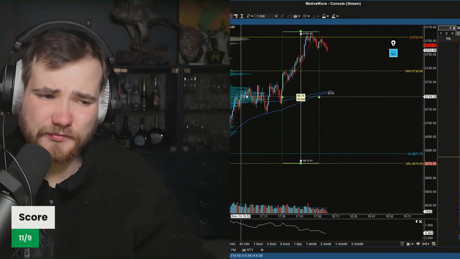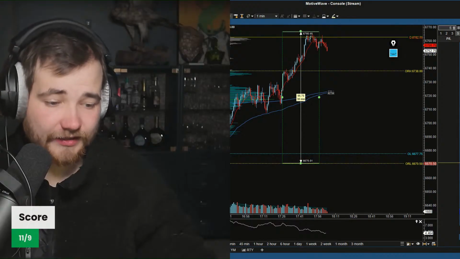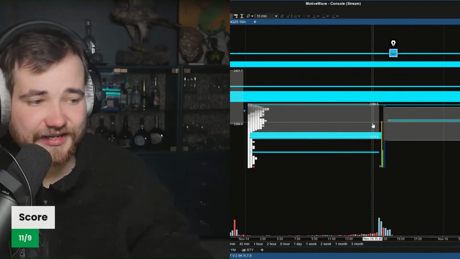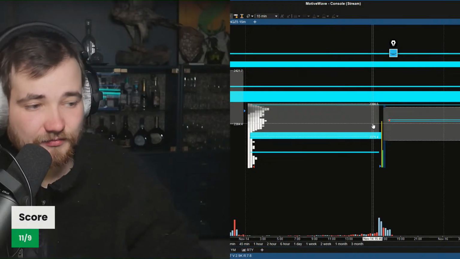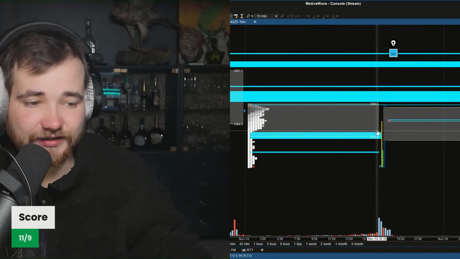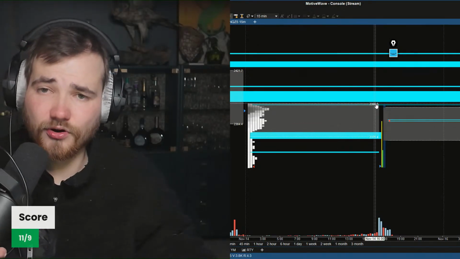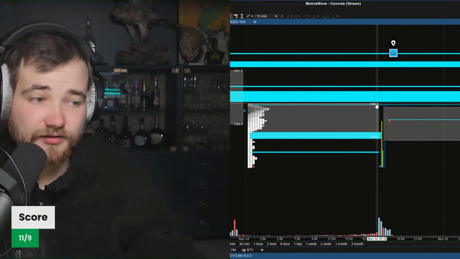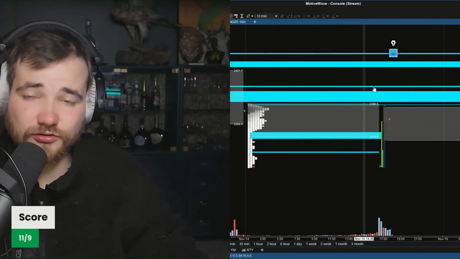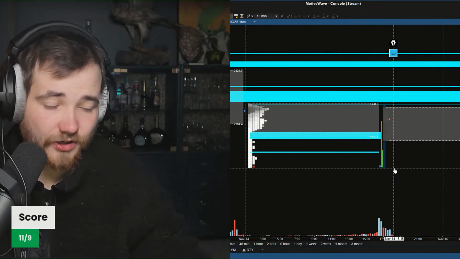I was expecting some type of pullback into value, but I did not expect this type of pullback. As I said in my pre-market, I was looking for a pullback somewhere in these areas, but not up here. I was looking for the daily lows or something. Are we actually gonna take the poor high from the overnight session? Ooh, that would be a humongous trade. And I also talked about the single prints being a magnet. So it just might be that the market wants to take out these magnets, which is pretty crazy to me.